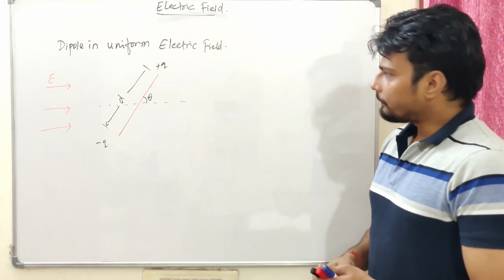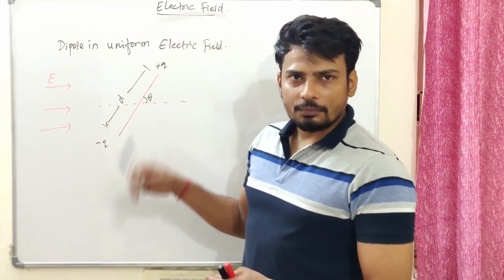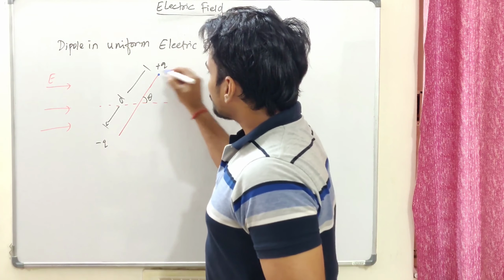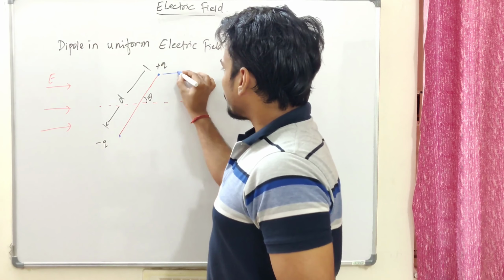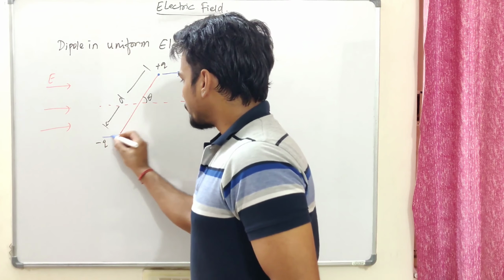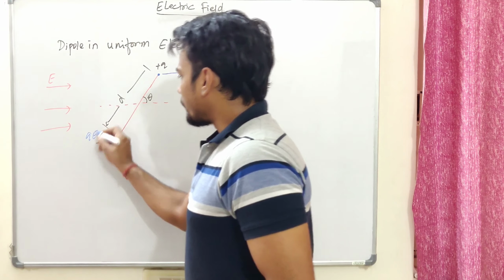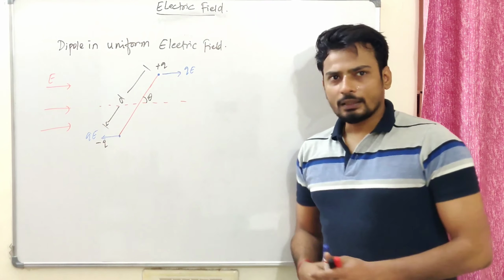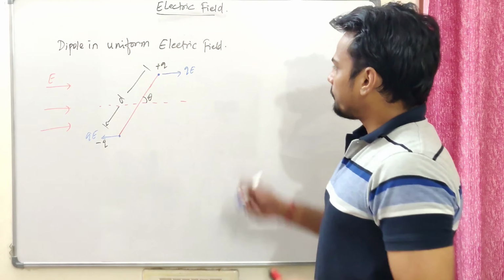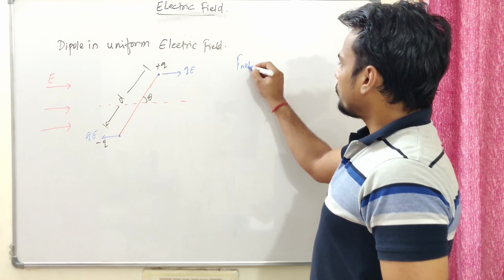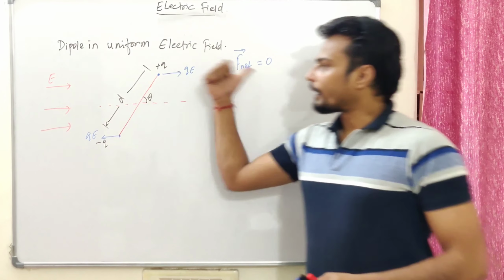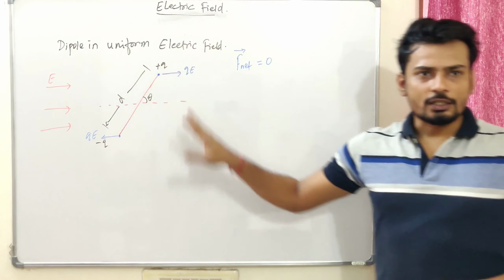Now if I try to figure out the force acting on the extremes of the dipole, I would see that the force acting on this charge should be towards the right, q times E, and the force acting over here should be towards the left, q times E. If I find the sum of the forces, the net force, because force is a vector quantity, what would the net force acting on this dipole be? It is 0: I cap minus I cap. It's going to be 0.